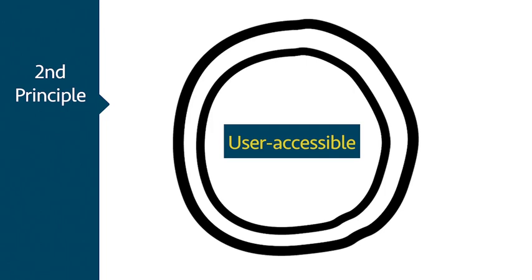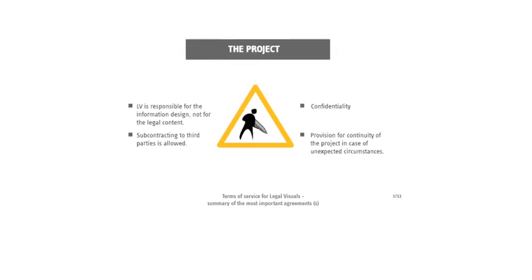And here is where you need to switch from uniform to unique. Every client, every consumer, every user of legal information is different. Different groups of users have different needs. They want to know different things, and they have different ways to access these things. Just like with sushi, you reduce the legal information to the essential and you make it so relevant for your client that it becomes irresistible. Now they want to pay attention. Now they want to ask questions. They want to read it and understand it.